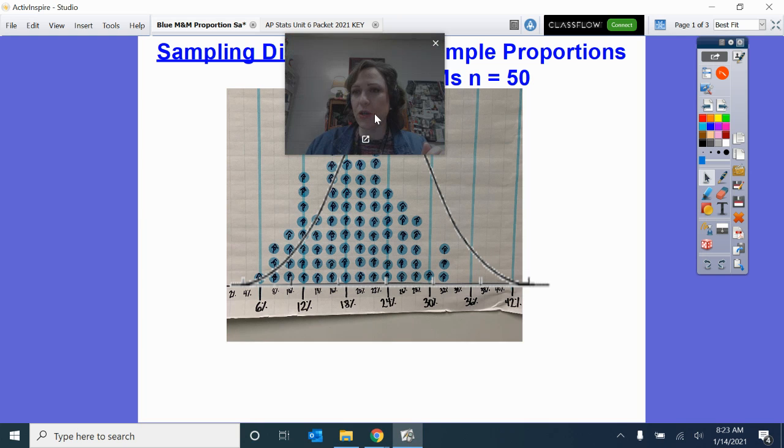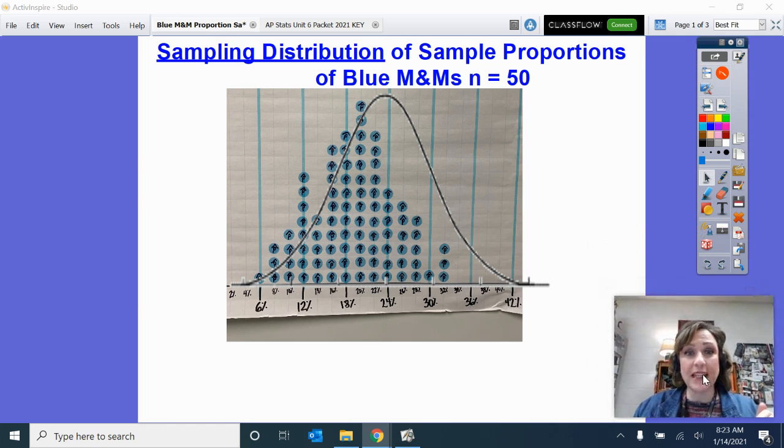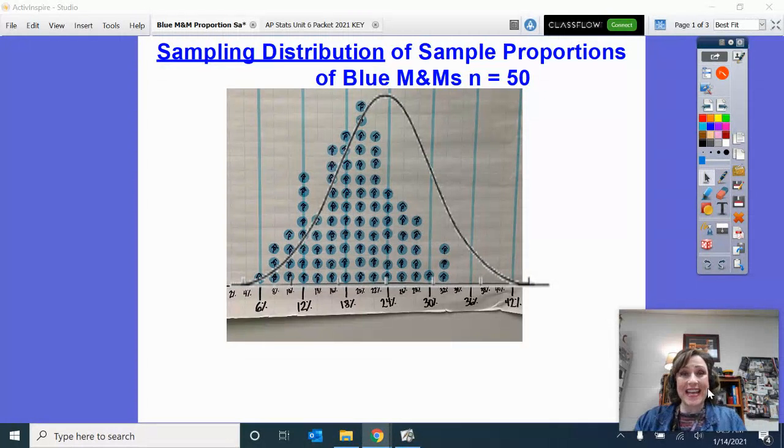All right, I want to show you the results of our sampling distribution from the class data that we had yesterday. So here we had 88 samples, and this is a sampling distribution. Every p hat is a sample proportion of 50 M&Ms, the proportion of them that are blue. We hypothesized that these were from the New Jersey factory. So we started off saying that, and then we decided, hey, let's take many samples and see where our data